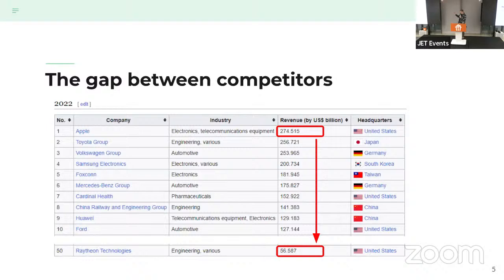Why is that? One of the reasons could be that some of the manufacturers are relying on factories with old IT systems and hardware designed in the 70s and 80s.